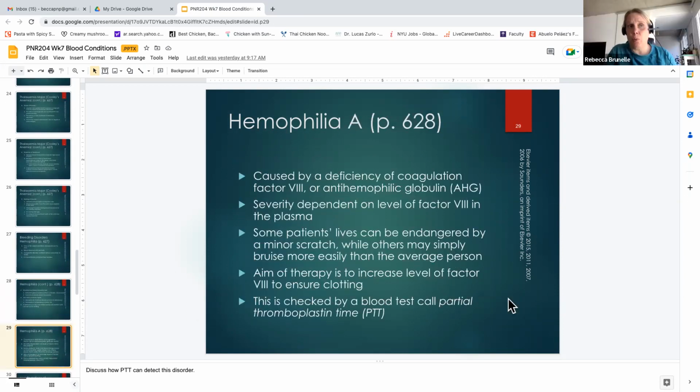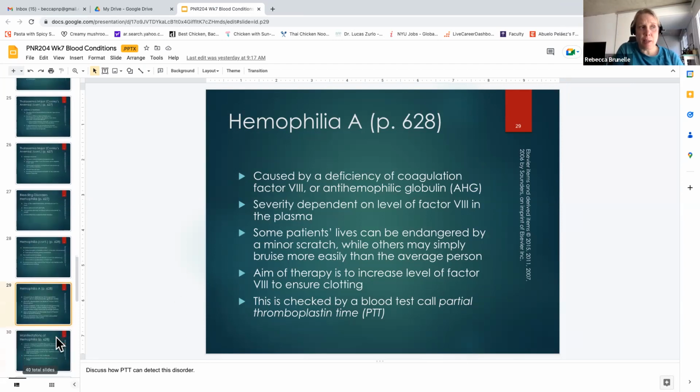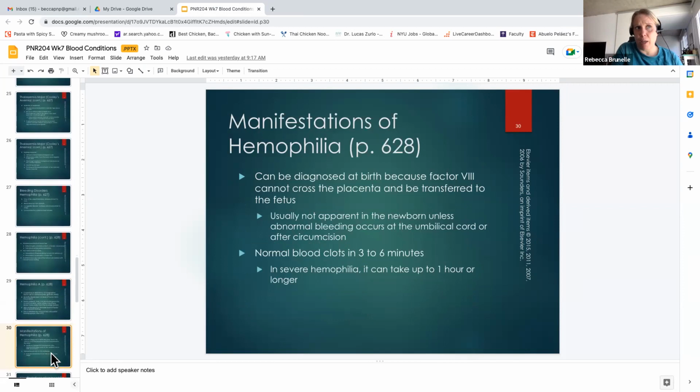And there's a wide range. There's mild hemophilia where it takes them a little bit longer to clot. And then there are patients that can bleed to death if they get cut. So also remember with hemophilia they're not all the same. It is replacing a specific clotting factor that they're missing, and there's a wide range of symptoms. So sometimes with babies there might be a family history and they might test right away. And then other kids will be 8 or 9 years old before they're diagnosed.